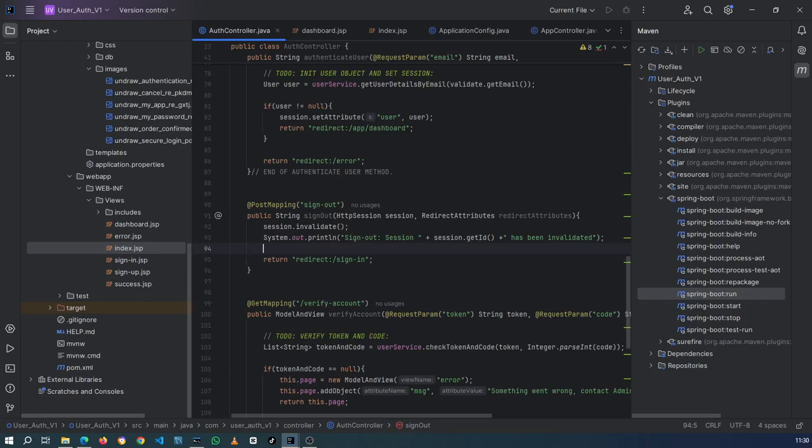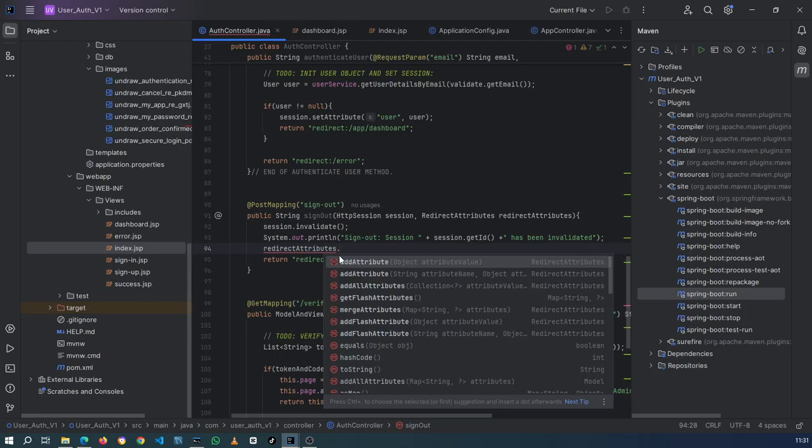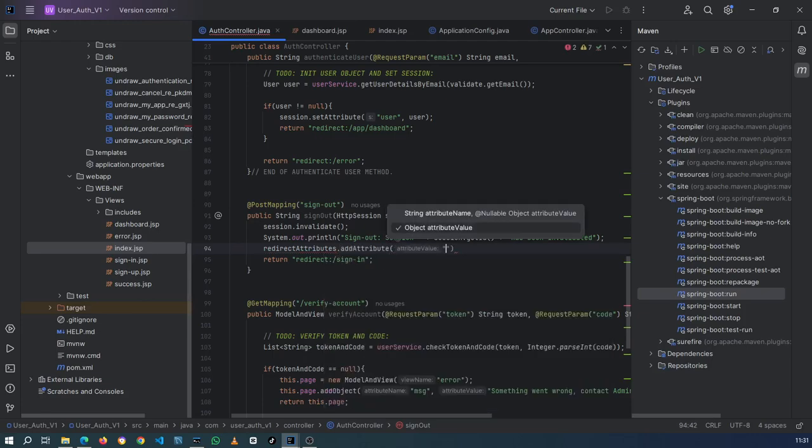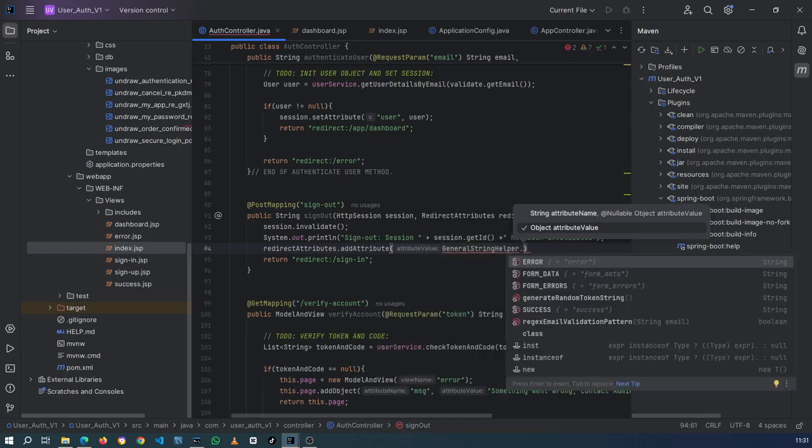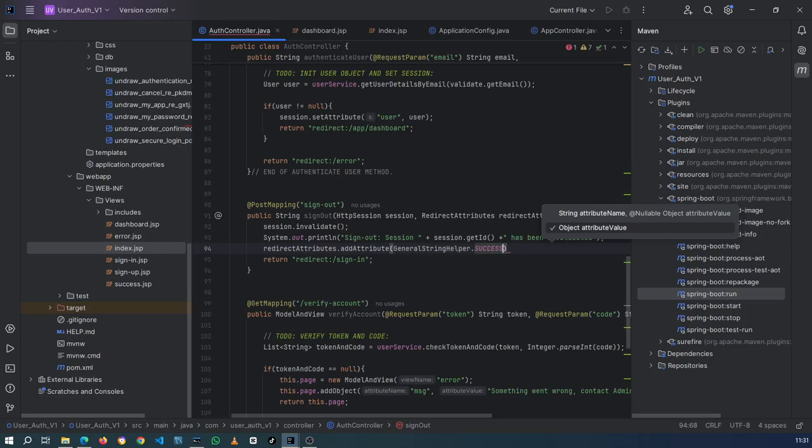Okay, and then here we're gonna say redirect attributes dot. I'm gonna do the same thing where I call in general string helper, and then I'm gonna call success, and then what will I say? You have